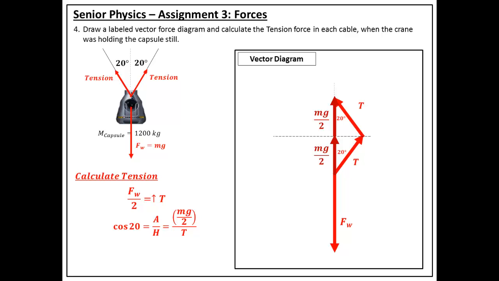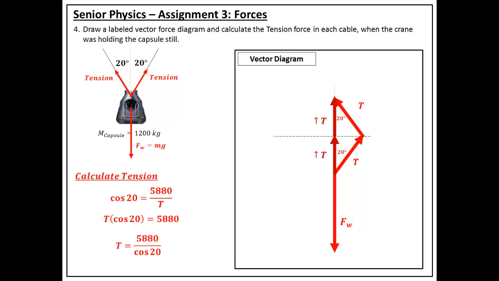Now if we look back to our diagram, I can take the values for both mass and gravity. Here I'm taking g as 9.8. As the direction is made clear in my diagram, I'm not going to take the acceleration of gravity as negative 9.8. I'm just interested in its magnitude. Here I have calculated half the weight force and rearranged the equation to get the tension force as the subject. You need now to ensure your calculator is in the correct mode in degrees and type in your values carefully, and you should get an answer of